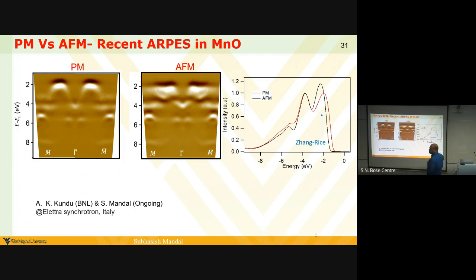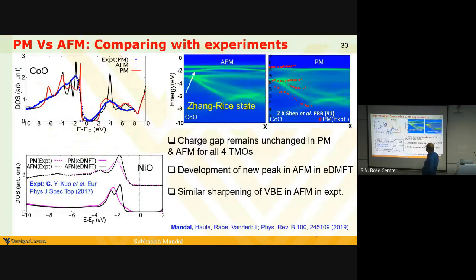If I understand correctly, the Zhang-Rice state actually appears because of the covalency with the oxygen. Yeah, it's a hybridized state. Right, and you really have some kind of a ligand hole. Now, I am not very sure how exactly the magnetic state matters, except for the fact you were saying that the transition metal spins are not ordered.